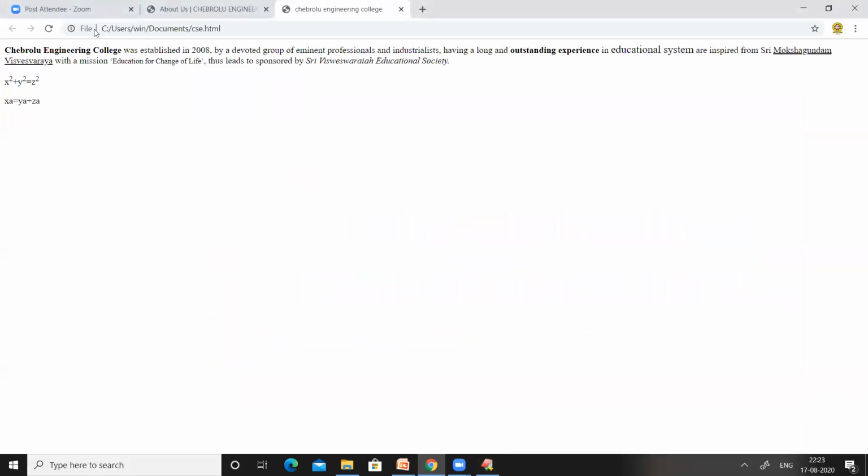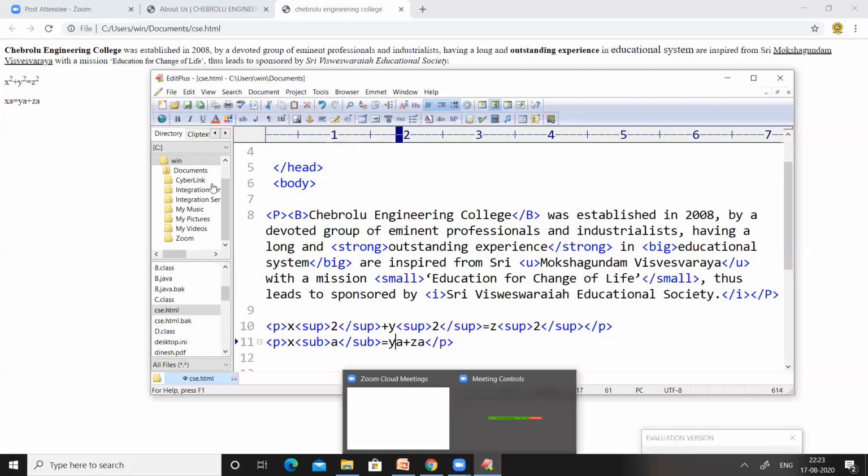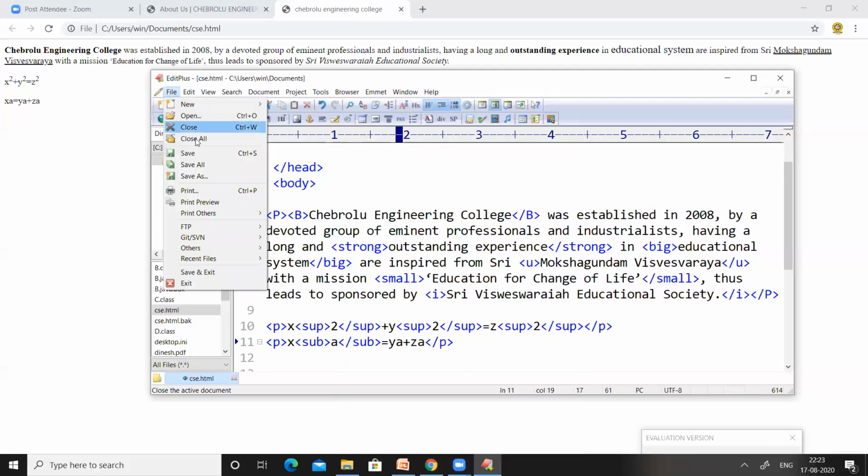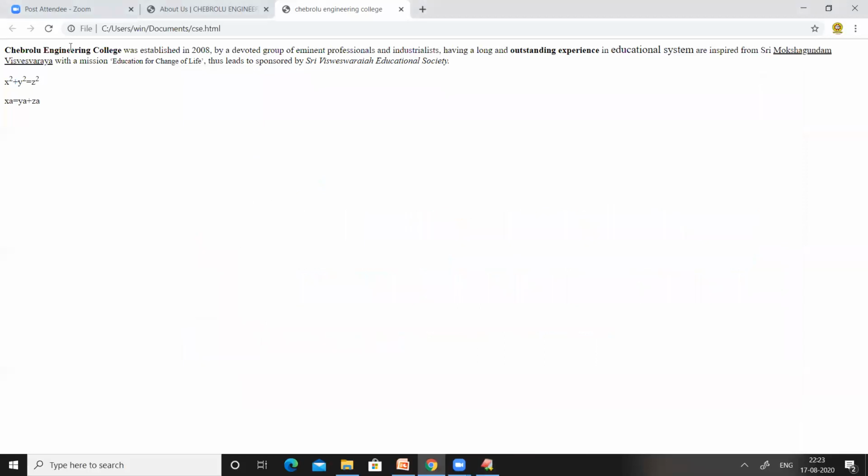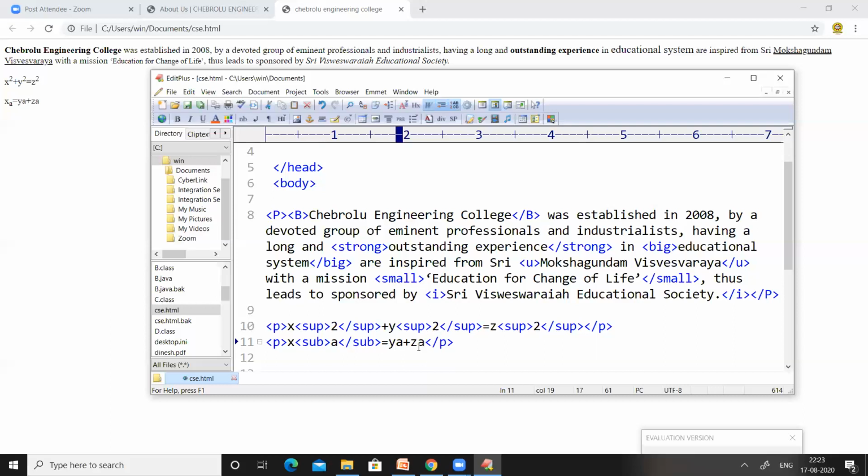Save the program first, and now refresh the page. You can see a is somewhat below x. That is xa. Similarly, we can do the same thing for ya and za. Just apply the subscript tag, and similarly for za also apply the subscript tag.